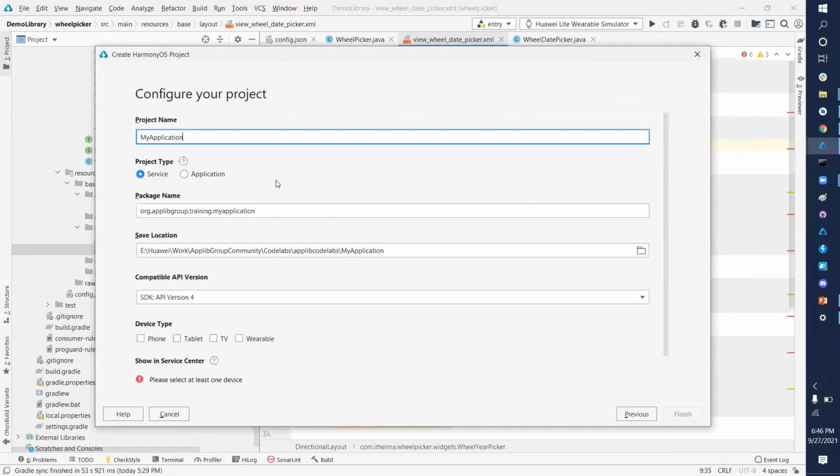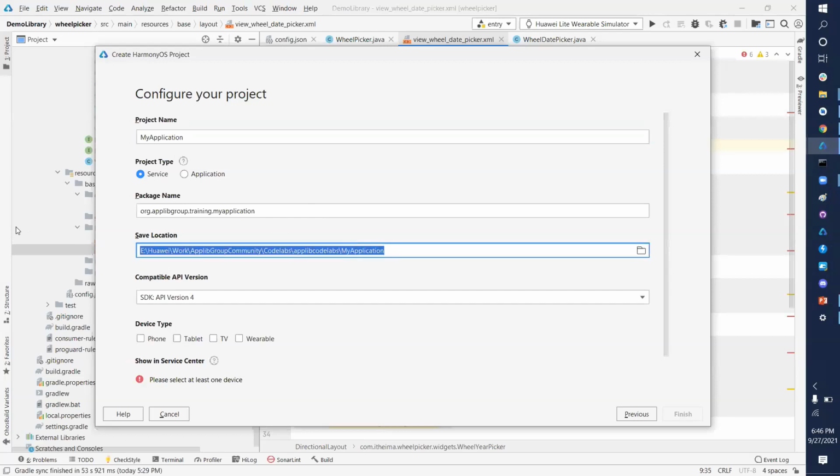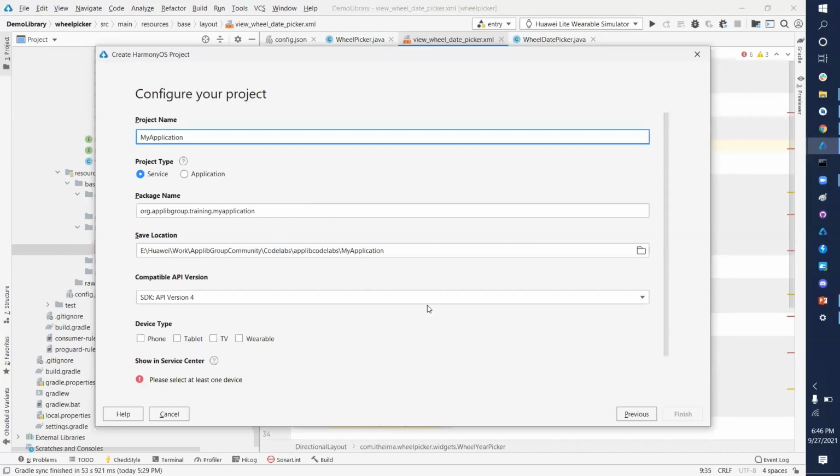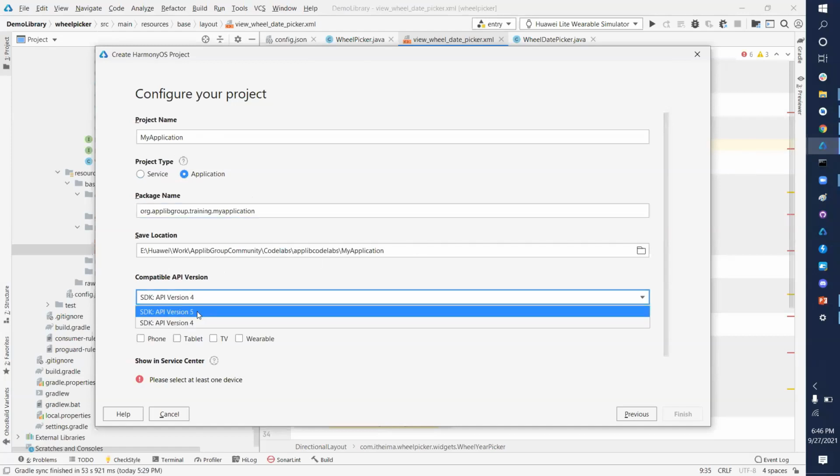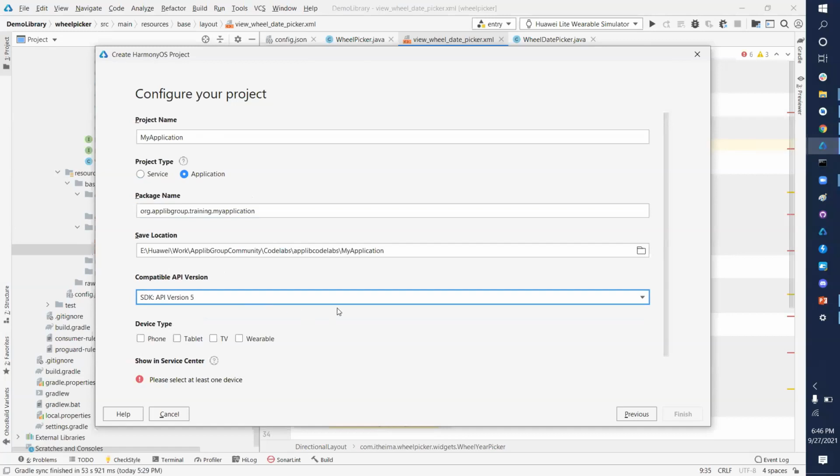So let's say it's my application. You enter the project name and project type. Here I'm selecting application, the package name, then the compatible API version. Definitely we always take the maximum available version.